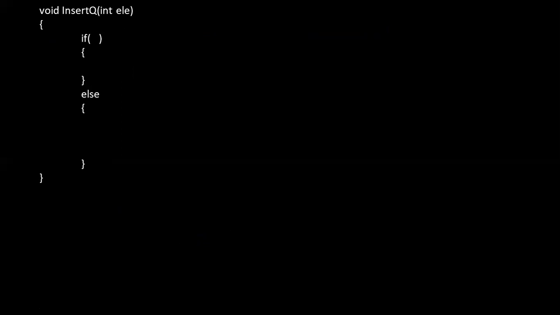So here we are checking on some condition. As of now, we are not writing that condition. So if the condition is true, then we are printing the queue is full. And here is the insert function's else part. So the else part is here.